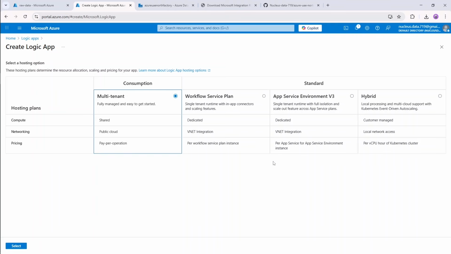And in the standard, we can choose a workflow service plan for dedicated compute. You can see the compute is dedicated. App service environment for fully isolated and private deployment. And a hybrid plan to securely connect on-premises and cloud resources. So click on select